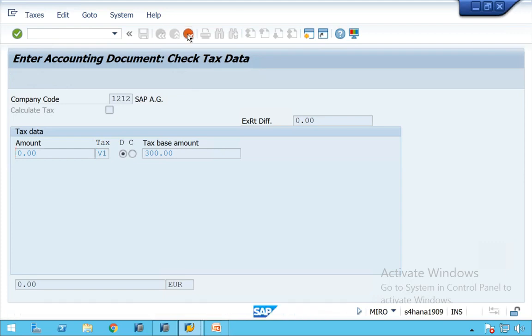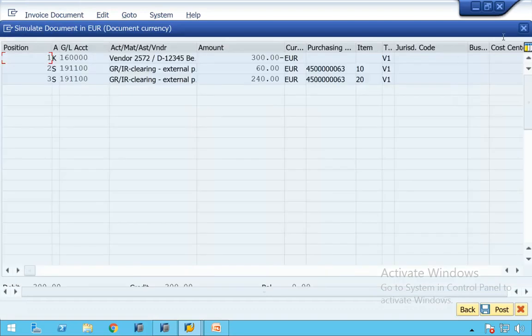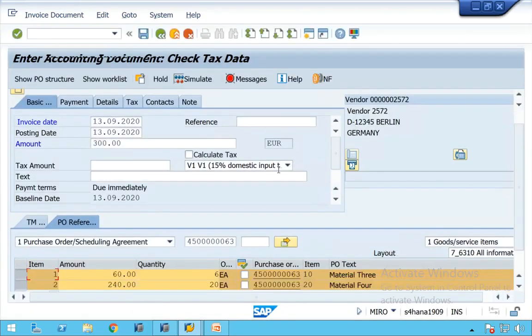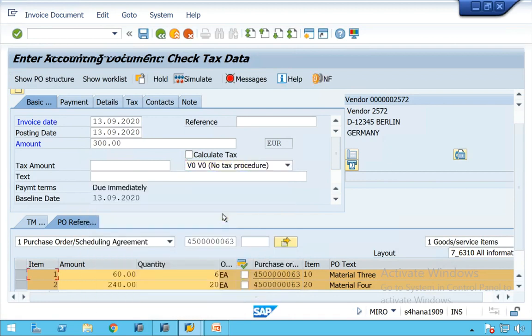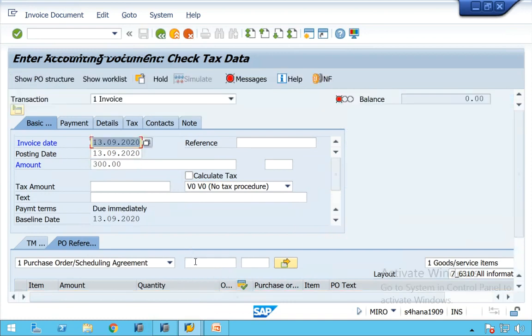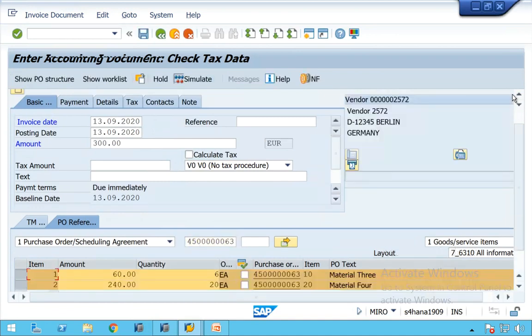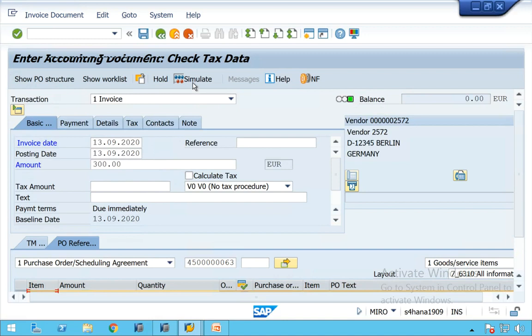Okay, as of now we don't want to deal with any tax code. What we'll do is we'll simply remove the tax code. Okay, let us keep it simple. Now we'll remove allocation ones, otherwise we have to change in every line item. Okay, choose the tax code as this and purchasing document as this. Okay, now the balance is, now you simulate what happens. You see how much one GL account is.